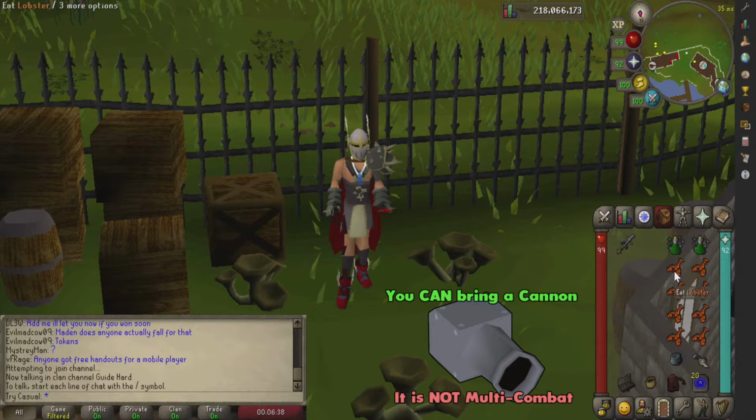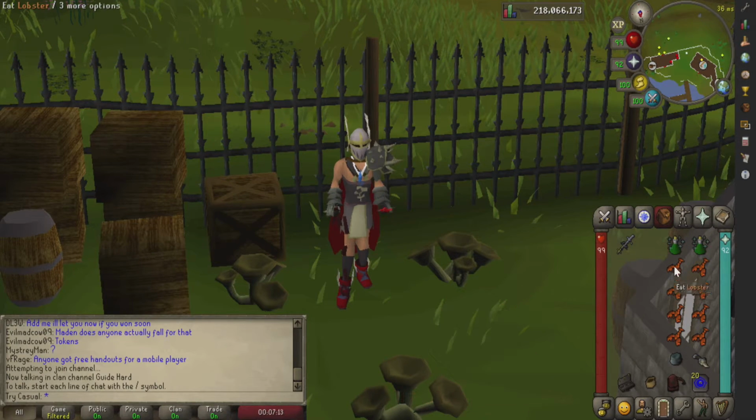These lobsters are more so for healing the Divine Super Combat Potions when I take damage from them. Of course my combat stats are basically maxed, so if you are a lower level you might want to bring more food. Now for some of the drops from Ankou, we're going to have a seed box, an herb sack,